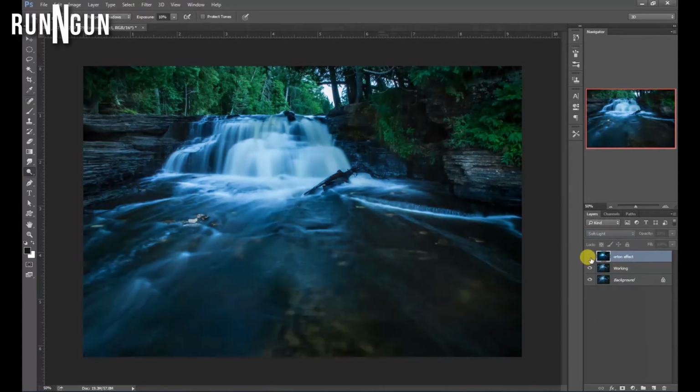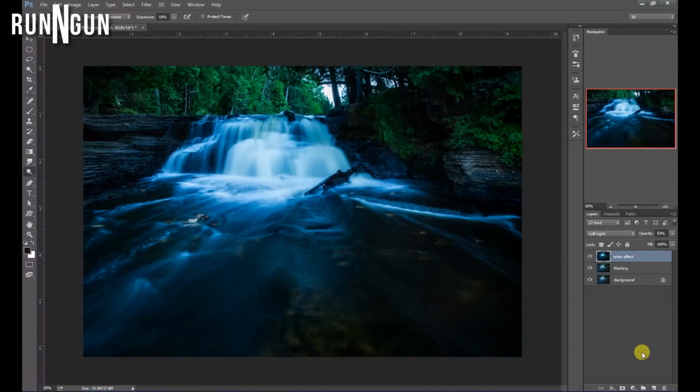So there's without the Orton effect, and here's with the Orton effect. I love that so far. I'm going to turn it down just a little bit more. That's just the amount of glow I want. And now I'll take my working layer, and I want to bring back some of the details in this rock here and some of the details in this water that we may have lost a little bit with this Orton effect layer. So I will Control J to duplicate, and I will call this, let's see,